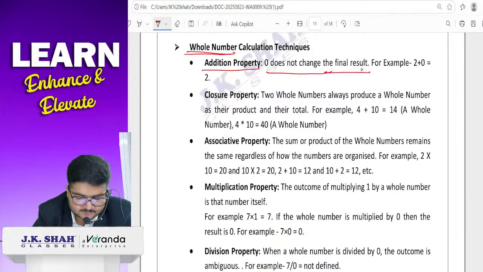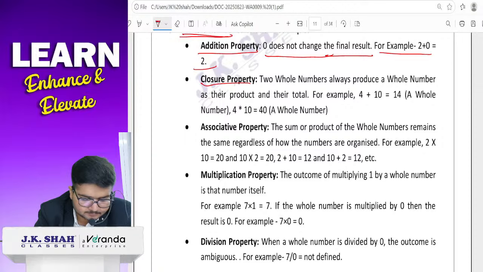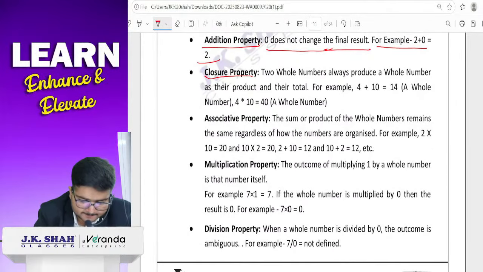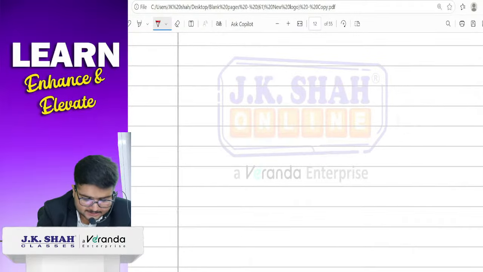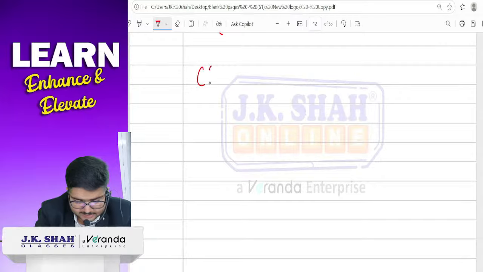0 does not change the final result. For example, 2 plus 0 is 2. Very easy. What is closure property? Now what do you mean by closure property? Now closure property means, it is very simple, but remember the name, closure property. Closure property is trying to tell you